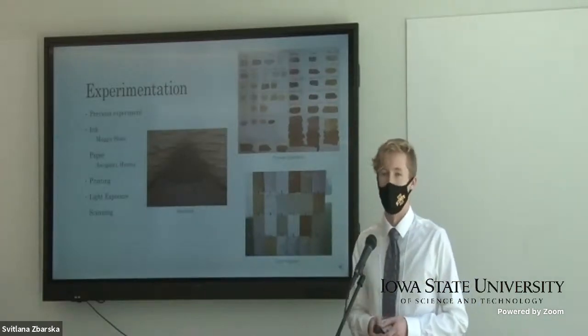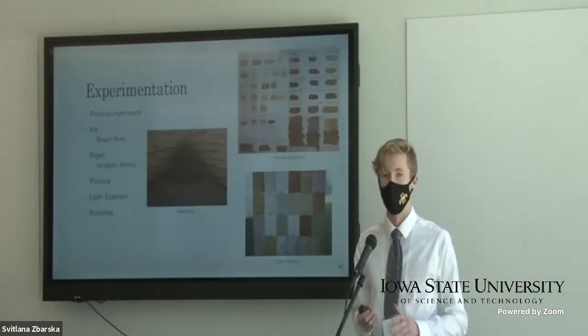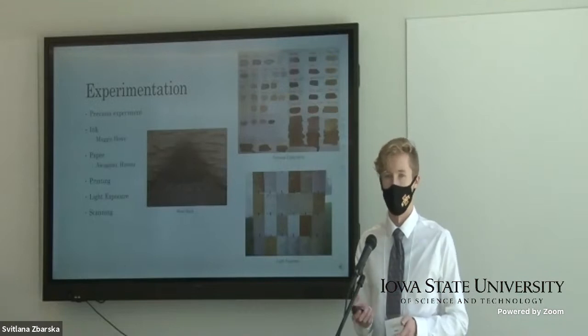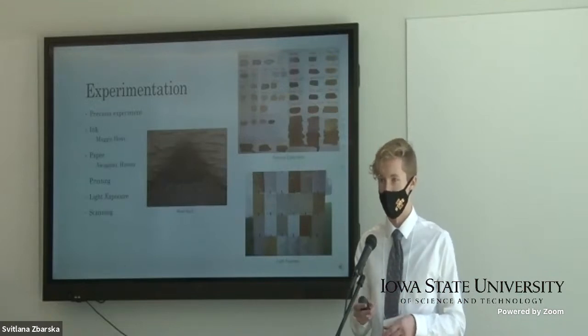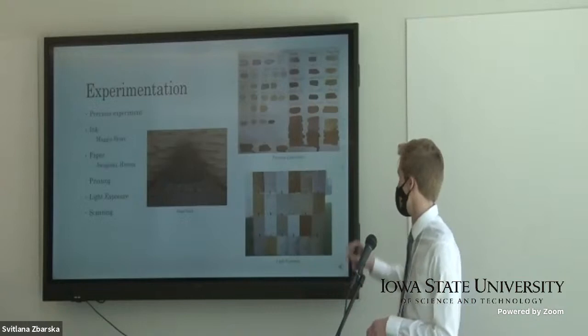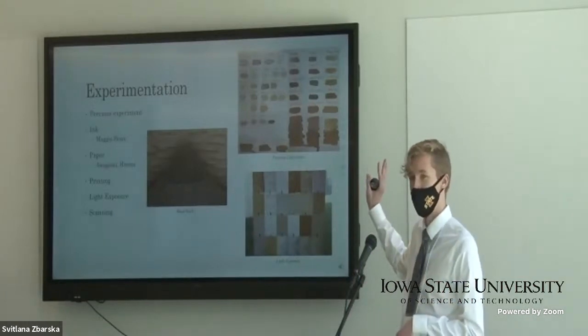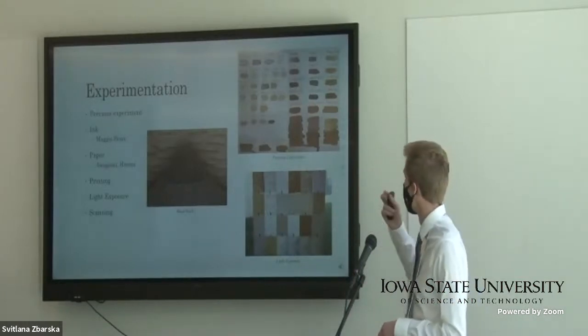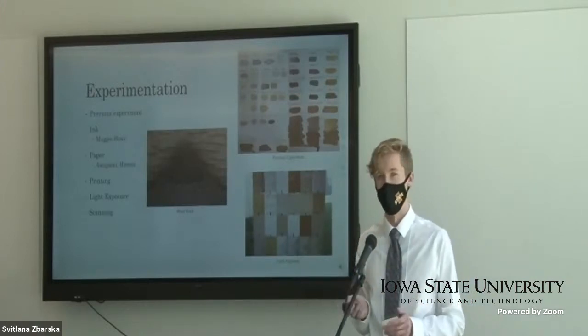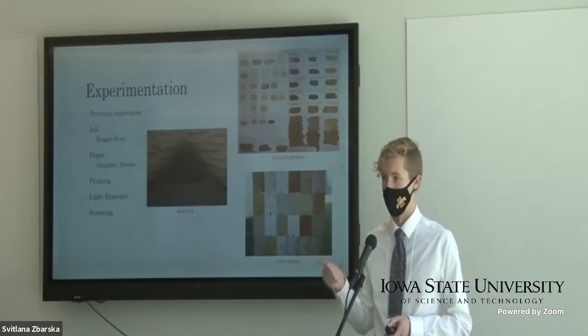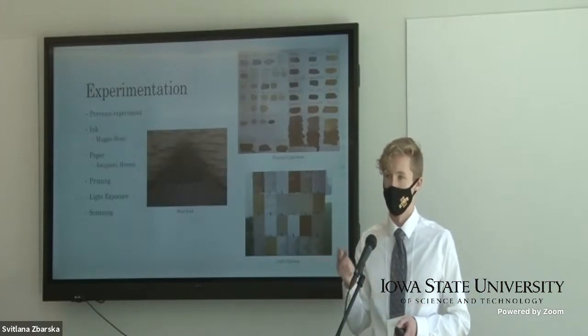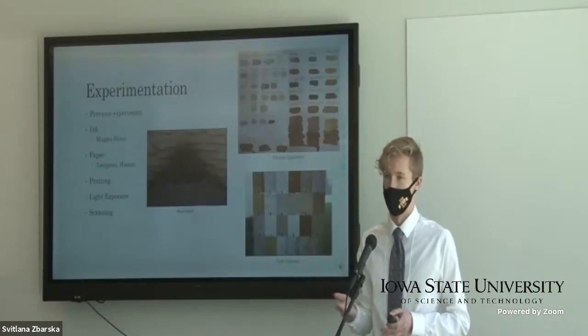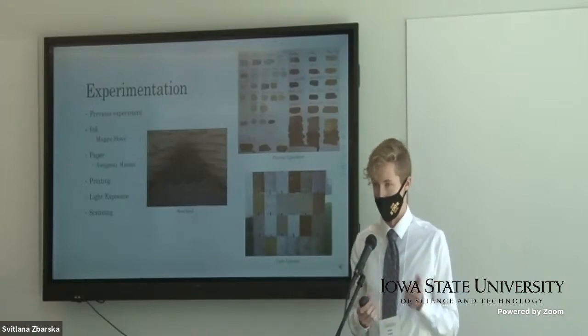So a few years ago, my faculty mentor conducted an experiment of her own. She purchased different types of natural ink and mixed them with different additives. And the result of this experiment can be seen on the top right-hand side of this slide right here. We kind of use this as a guide for this semester. We chose ink derived from aronia berry, elderberry, onion ink, madder roots, goldenrod, and black walnut ink.